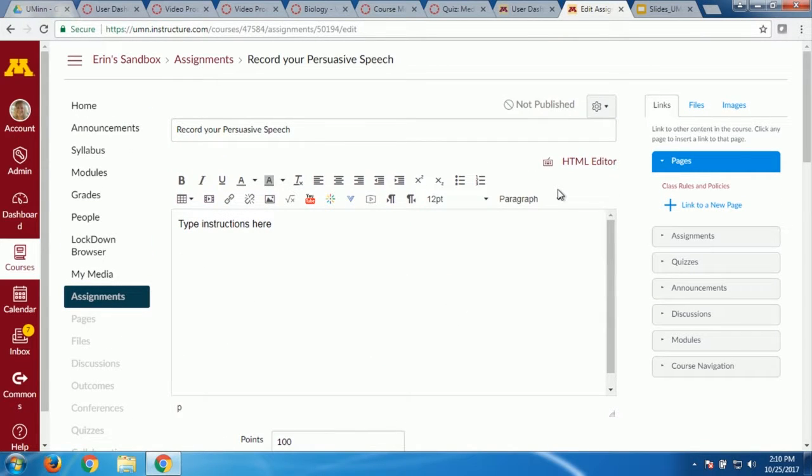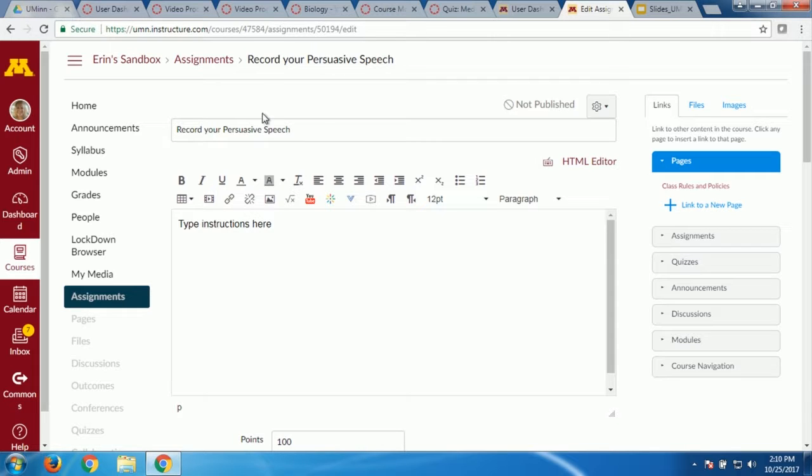What I do want to point out as a more advanced consideration, we had someone earlier today who actually asked this to me. What do you do if you don't want to build a full-fledged assignment here? You just want to get something in the grade book. You still have to build an assignment, discussion, or quiz to get something in the grade book, but you don't have to fill out all of this stuff.